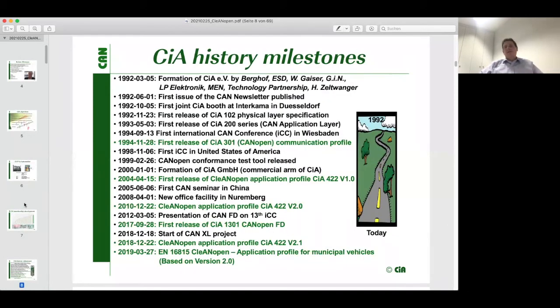So you see here a little bit the history of CAN in Automation. From the foundation in 1992 with the founding members, Berkhoff, ESD, Geyser, GIN, LP Electronic, MEN, Technology Partnership, and Mr. Holger Salzwanger, who is today also attending this meeting. And here we see CAN in Automation has already started in these early days to promote CAN by attending fairs,